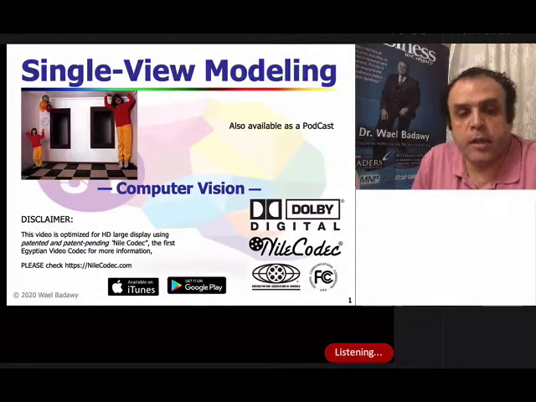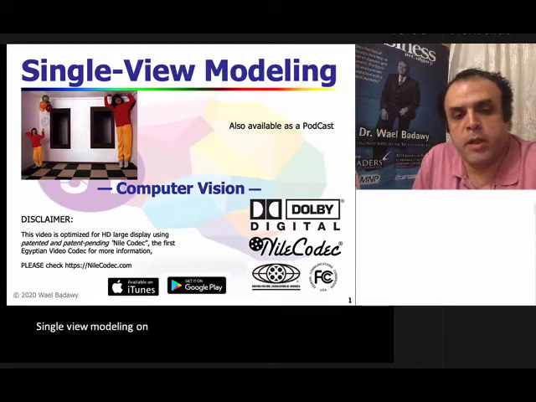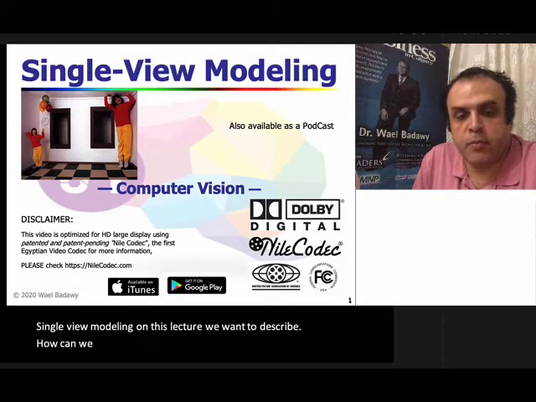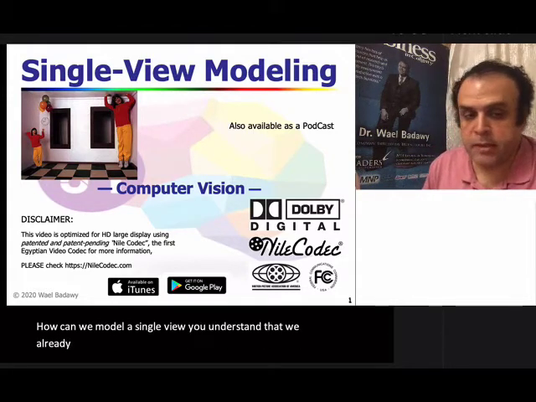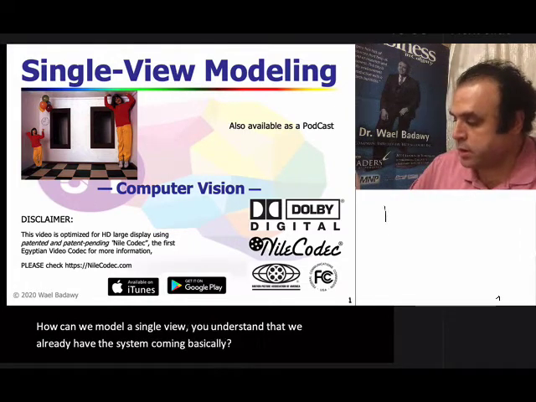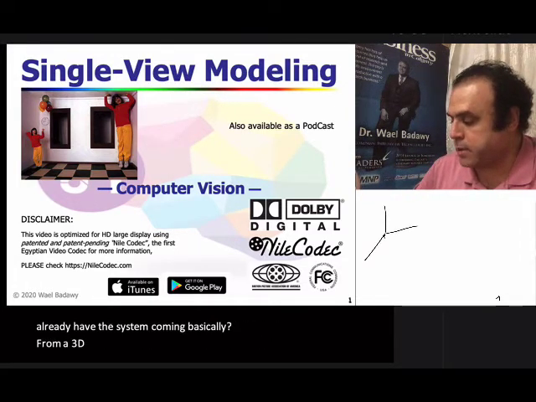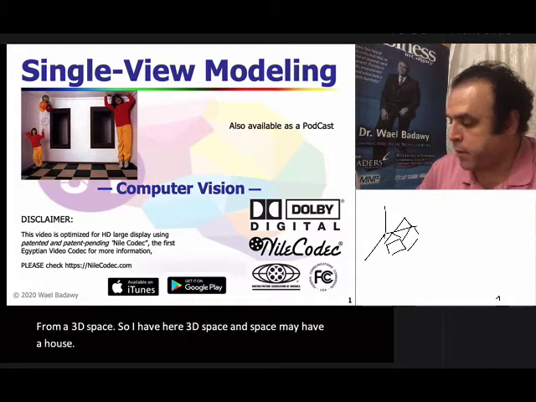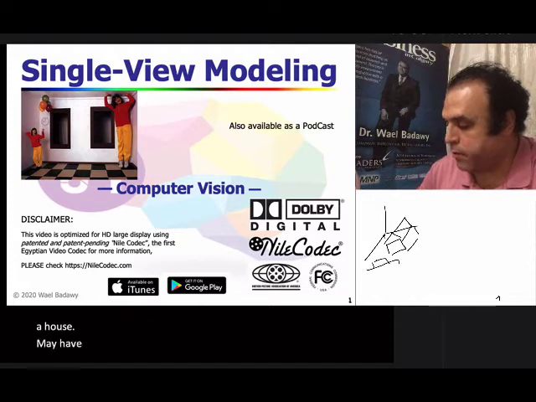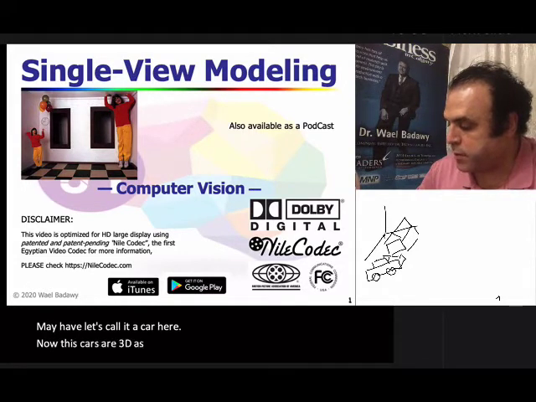Single view modeling. In this lecture, we want to describe how we can model a single view. You understand that we already have the system coming basically from a 3D space. So I have here a 3D space, and the 3D space may have a house, may have a, let's call it a car here. Now, these cars are 3D as well, so you can imagine we have this car 3D, the house is 3D,